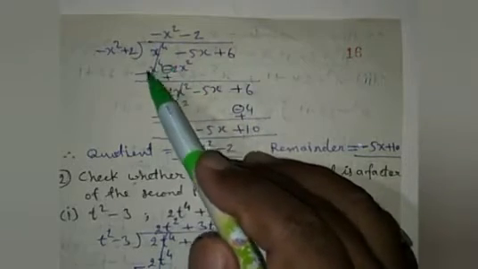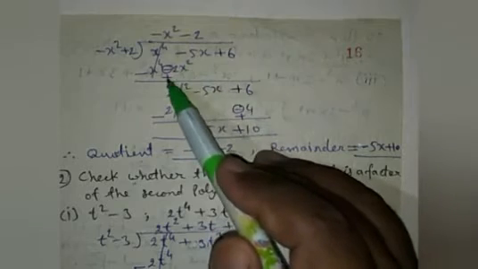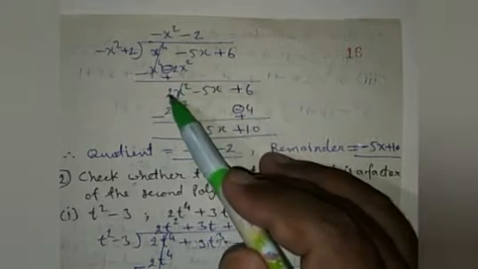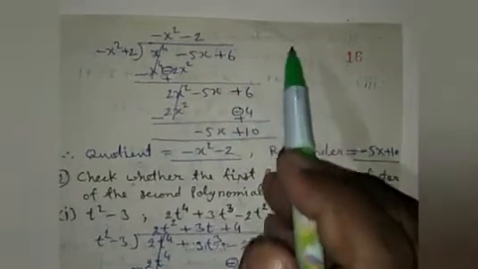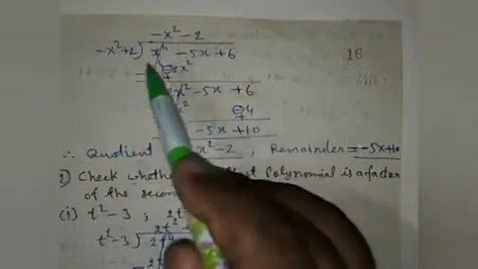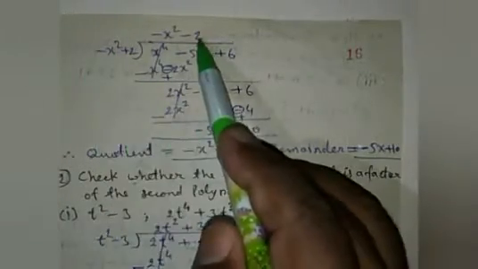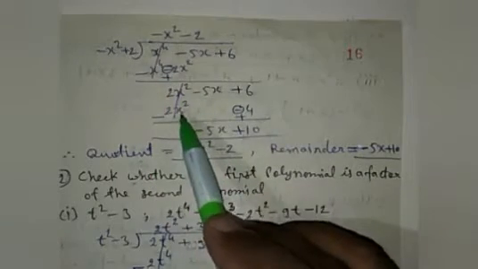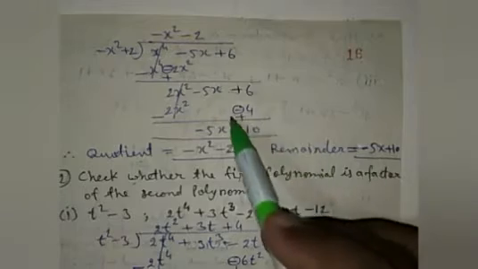So here after subtraction, the first term is cancelled out, and here minus 2x square will be plus 2x square. So here plus 2x square and minus 5x plus 6. Now make the first term equal here. So the table will be minus 2, because here is minus x square, so it will be multiplied by minus 2 to give 2x square, and minus 2 into plus 2 will give minus 4.